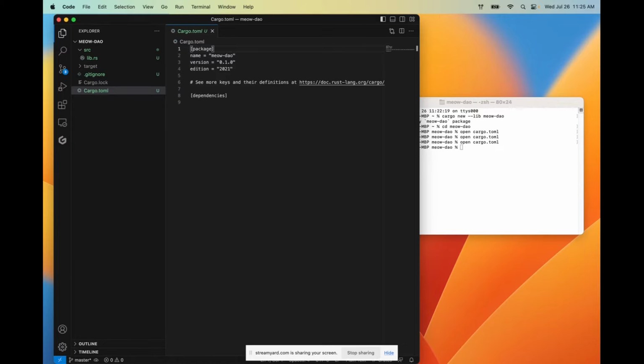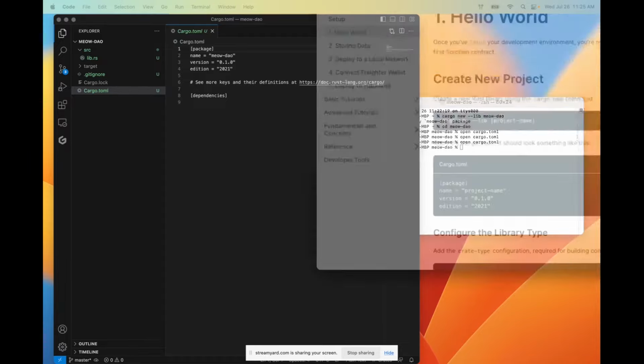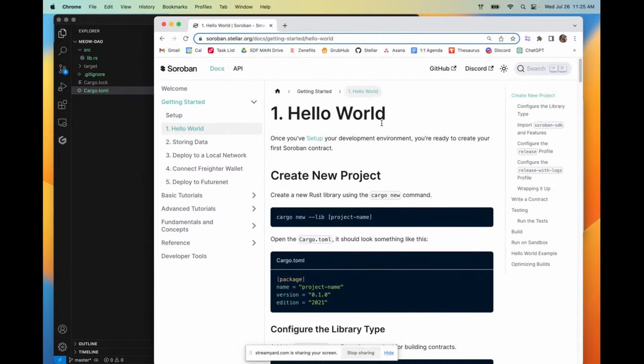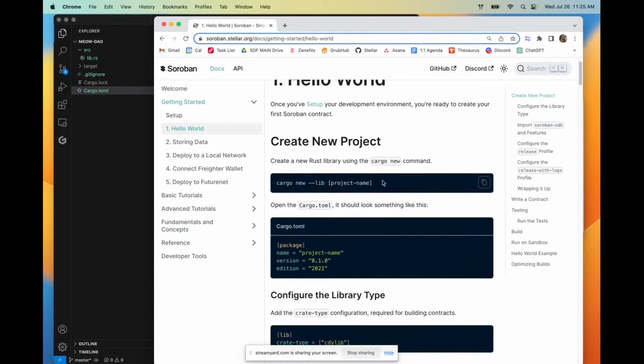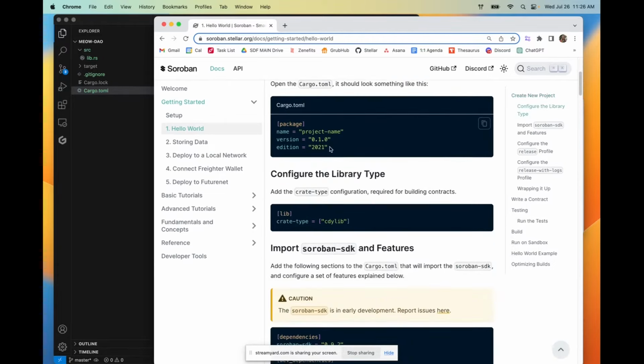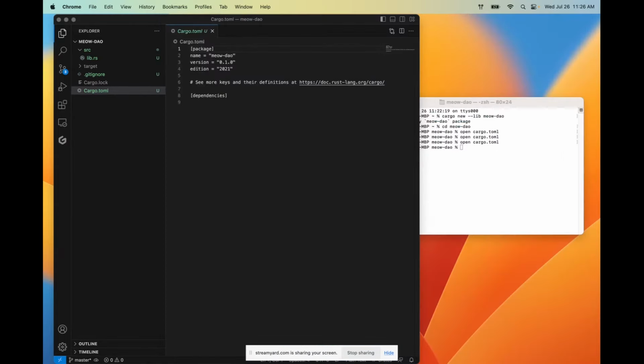And all of this we can find on the Soroban docs getting started page, which I will link to as well. The things that we're going to need to copy are this library package. I'm going to copy them from off screen, but feel free to follow along with your own docs open. The package here with the name and version are already included in our toml file.